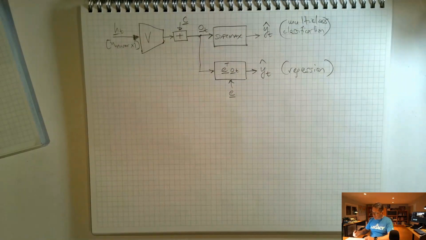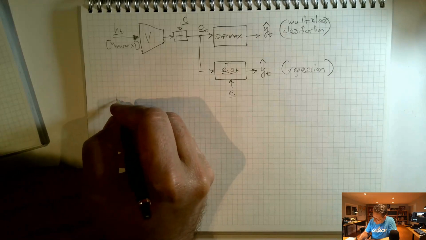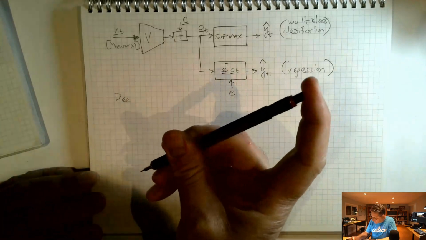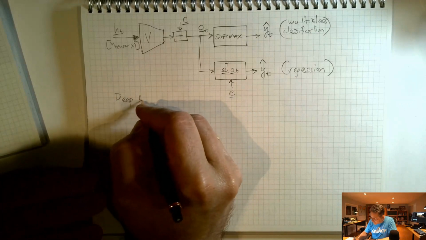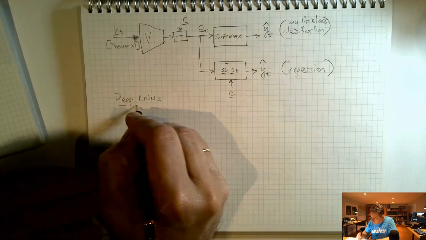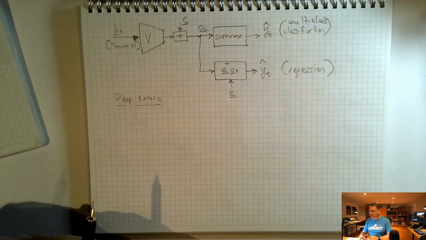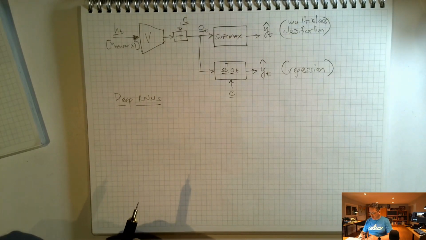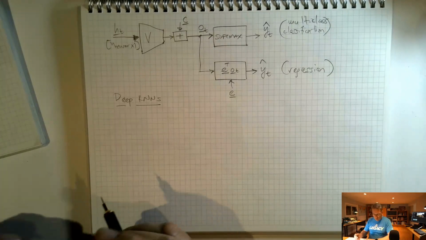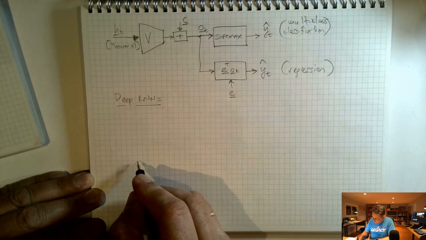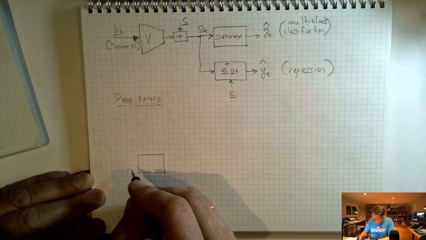To close a video discussion about the architecture of a simple RNN, I think it's worthwhile discussing another enhancement that we also have seen in earlier architecture, the so-called deep RNNs. So instead of having just a single layer, we are going to have multiple stacked layers. And the rationale of that, let me just draw that kind of architecture. So we're going to have a simple RNN layer, which I'll call RNN1,